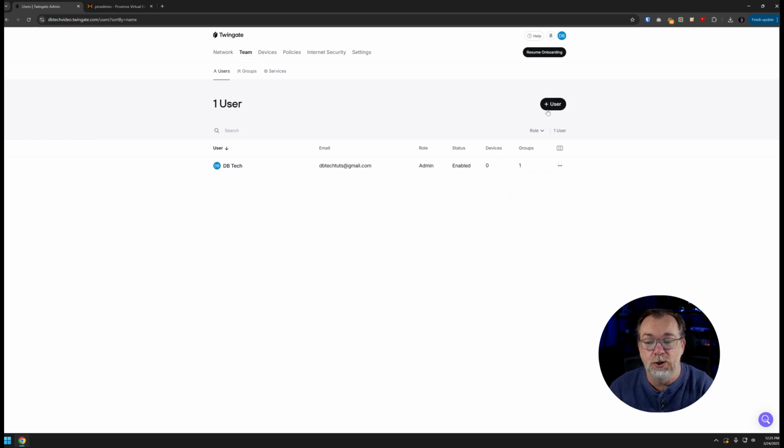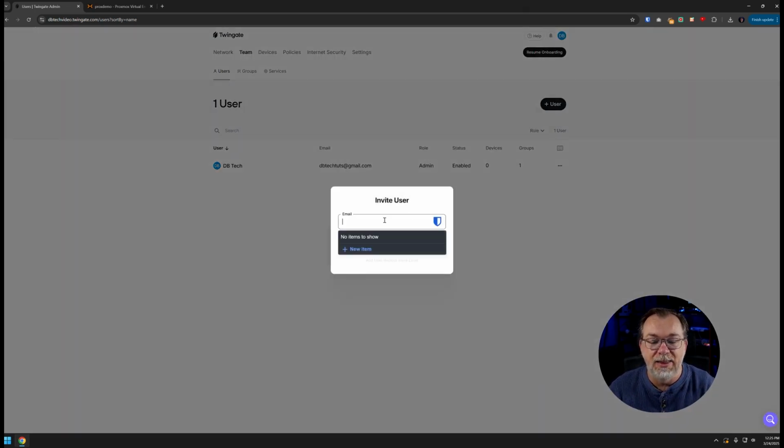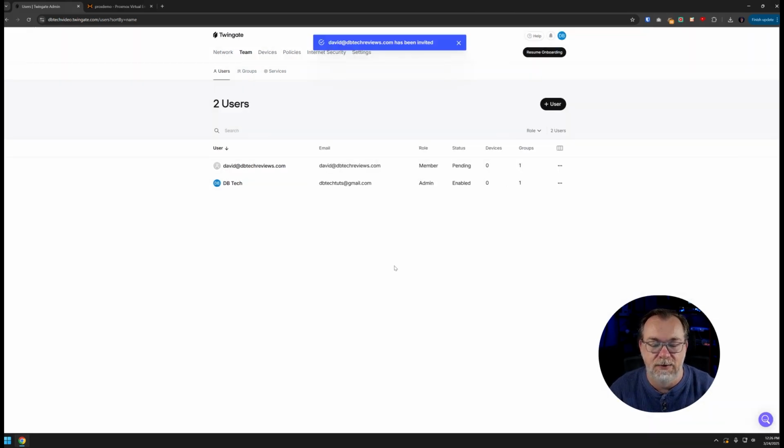If we want to add a new user, we can click Add User, and then we can put in an email address for this. And just like that, I can click Send Invite, and now I've been invited to this. And now I'll have received an email that we'll go ahead and take a look at now, just so we can get this account created and